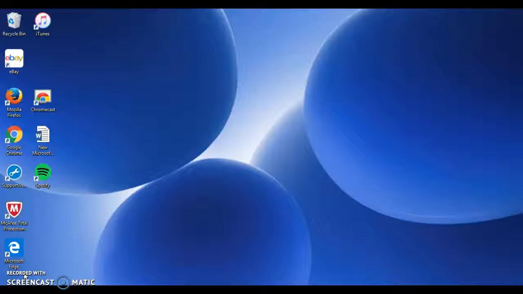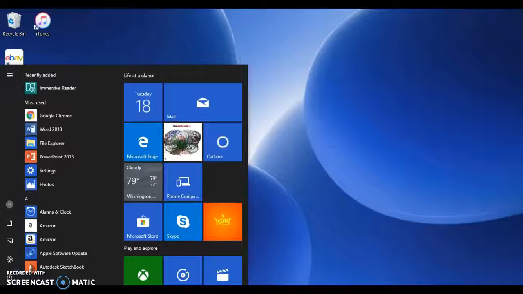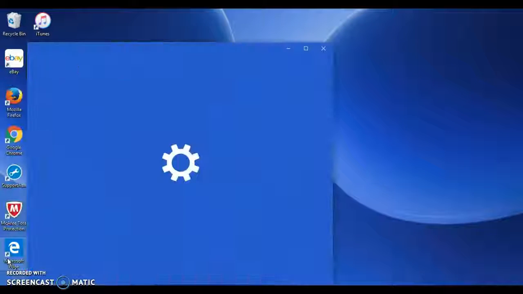Hi, so I'm just going to show you how to use Magnifier for a Windows computer. So you would start by going to Start, click the Settings,